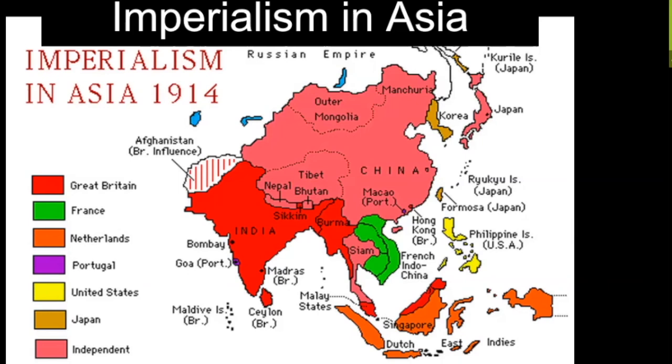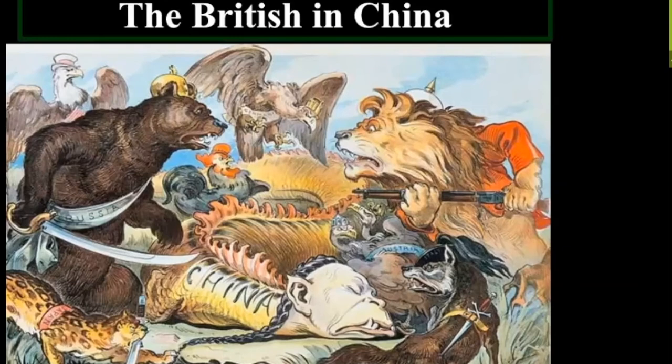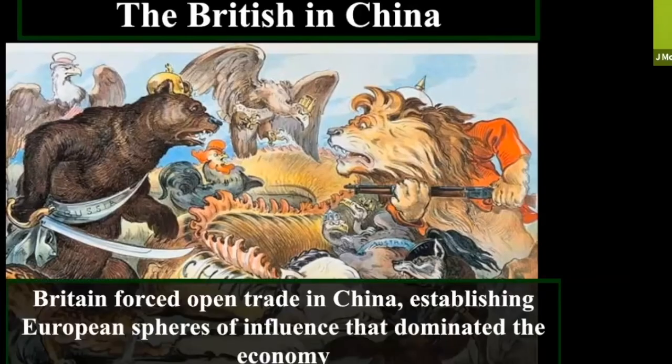So even though we see here that it says that China is independent, in reality, there are going to be spheres of influence that are established as China is carved up amongst the Europeans. So Russia is involved, the United States is involved, Japan, Germany, Britain here depicted as a lion. I believe this is France. No, this is Italy. And then this is Austria. So we're going to see that they're all trying to carve up Asia and establish spheres of influence for their own economic benefit.